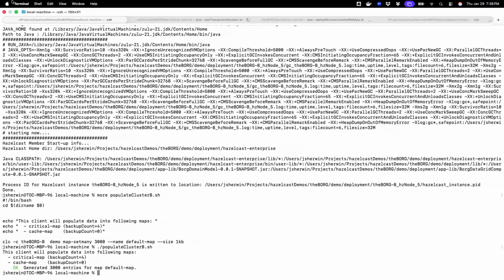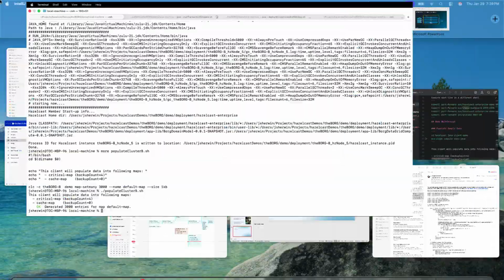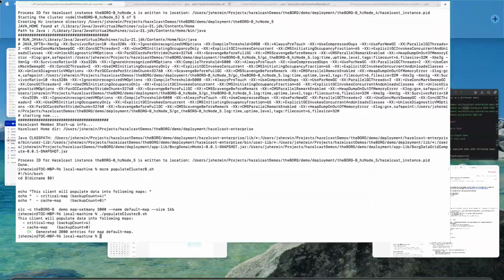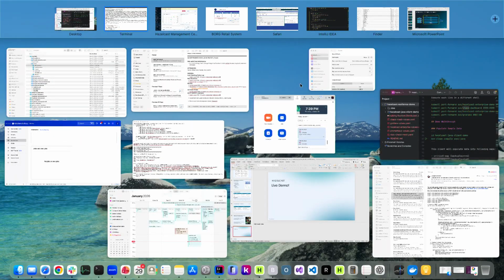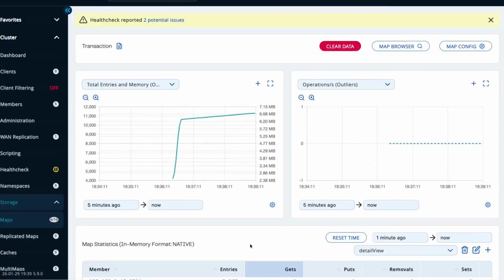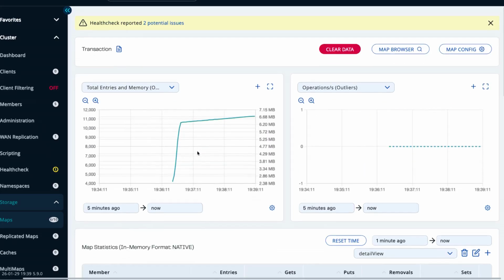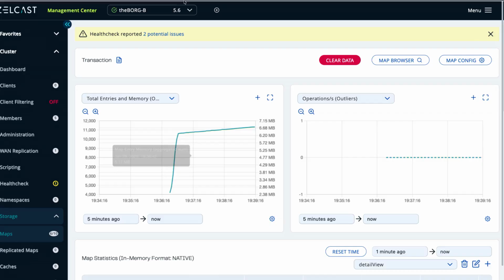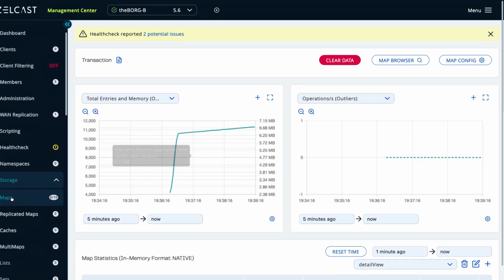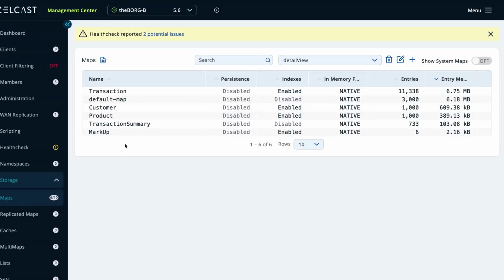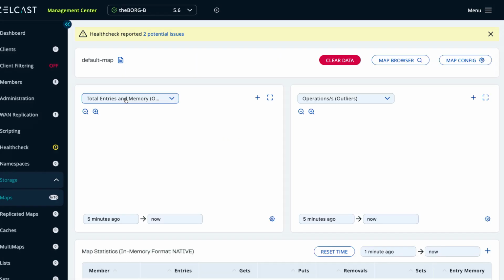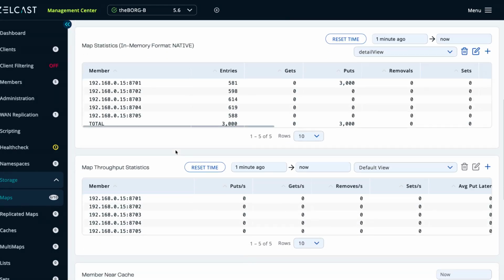And how do we tell whether the operation occurred in cluster B and not A? That's the other interesting point here. So when we go to our metrics, we're in cluster B at this point. We see we got a 6 map now, default map. And what we'll see on this default map